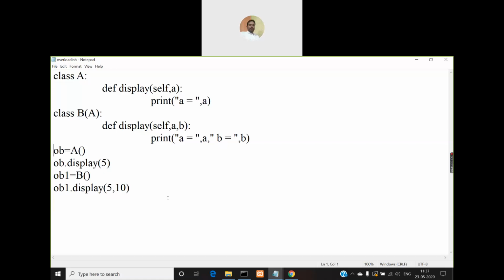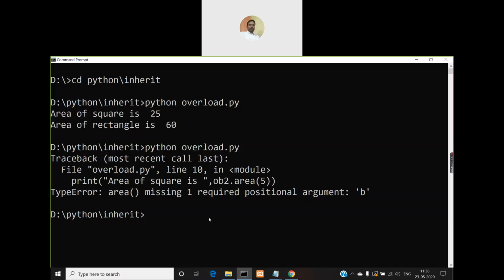And when you make a call by creating an object for the superclass, if you make a call to that display method, that will be called fine without any problem. And after that you're creating an object for subclass b and making a call to the second version. So this will also work similar to the previous one,